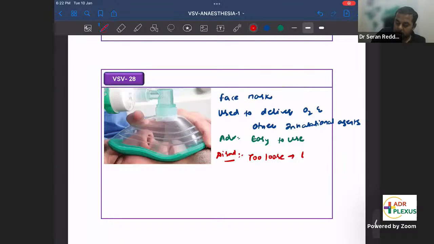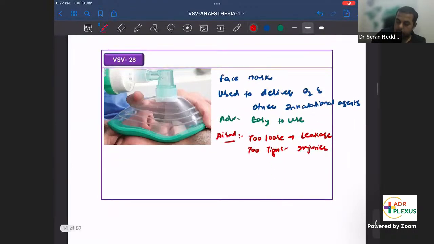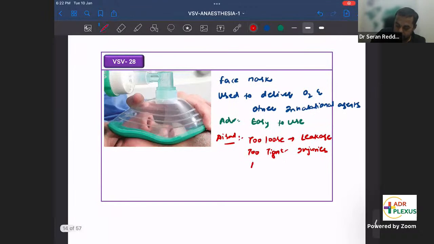Too loose, there will be leakage. Too tight, injuries will be there. And chances of aspiration. That is why it is contraindicated in those with full stomach,